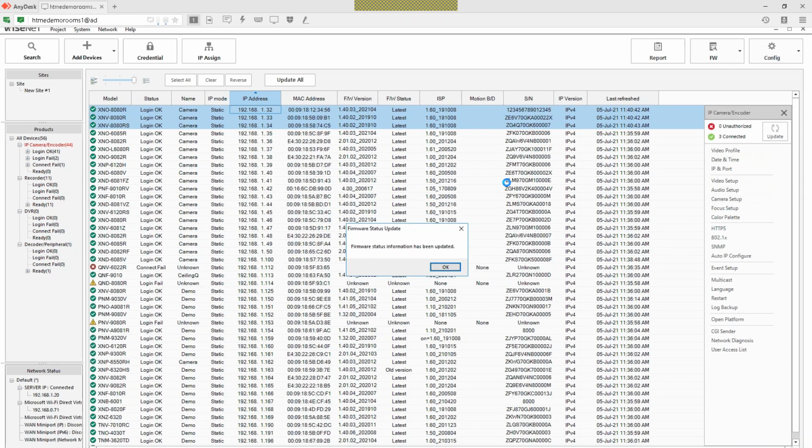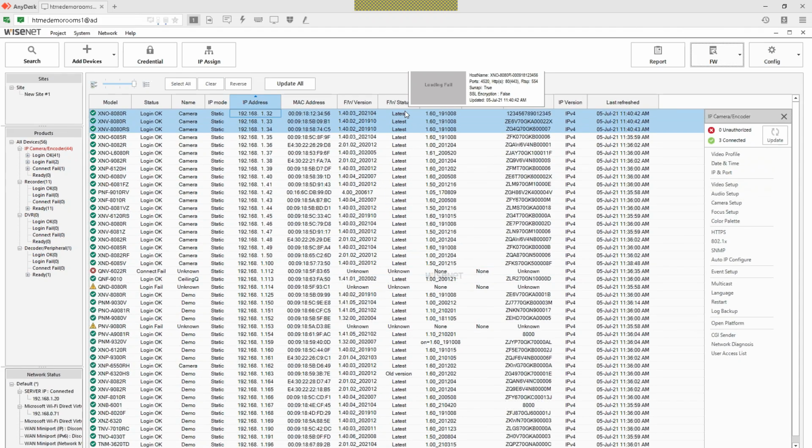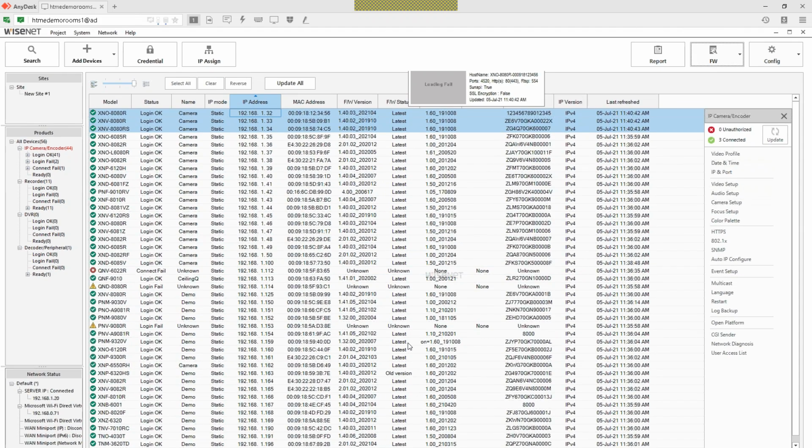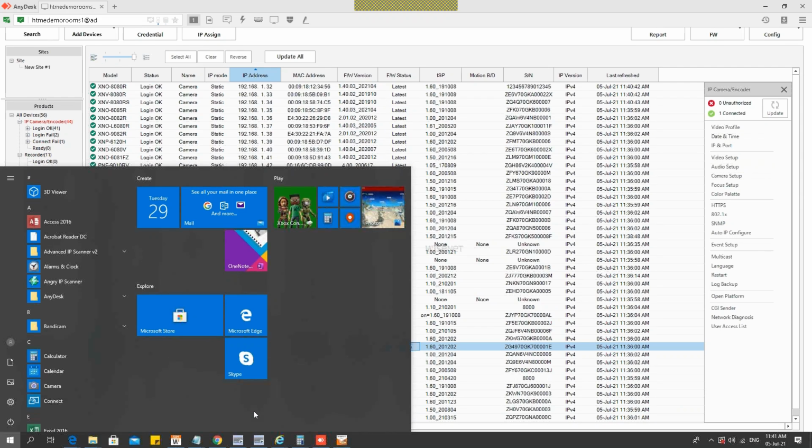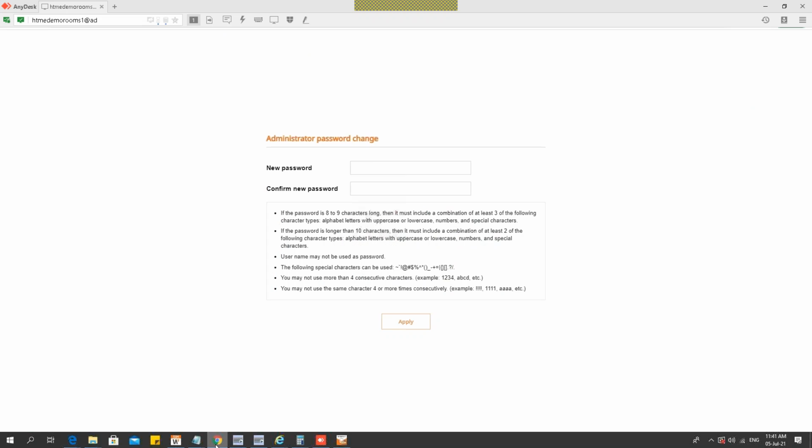So at this time, you should have internet. It will connect to our server and it will check whether the camera firmwares are latest. If you see here, this camera is running old firmware. Now, how to update this? I have to download the camera firmware file, and that's where you have to go back to the website,